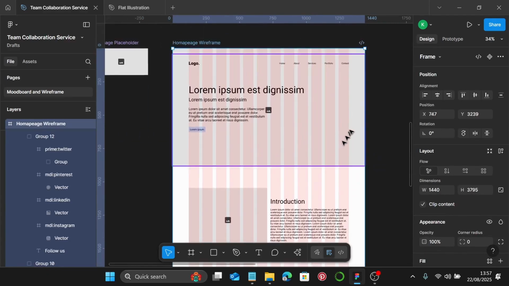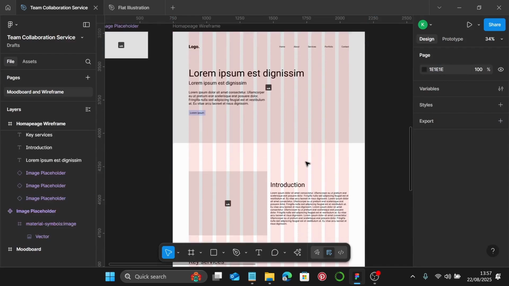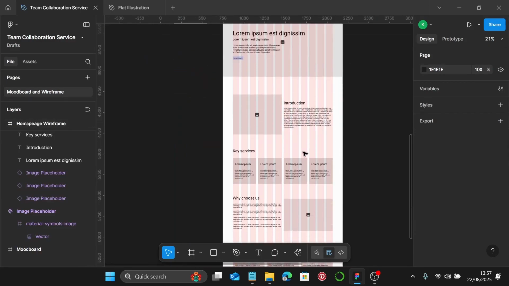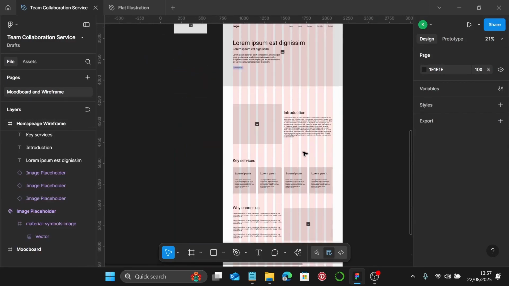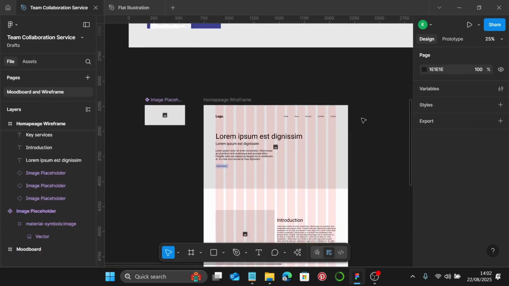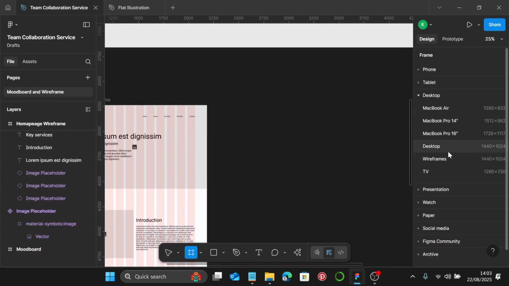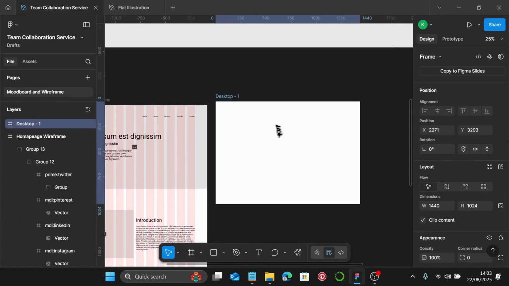It seems I created an extra image. I'm just going to delete this. With this, we've created the wireframe for our home page. Next page is going to be the about us. I'm just going to come to frame. We're going to use the same desktop frame,